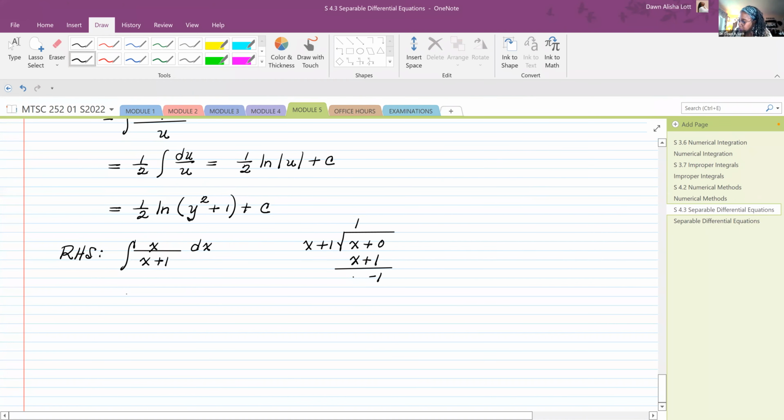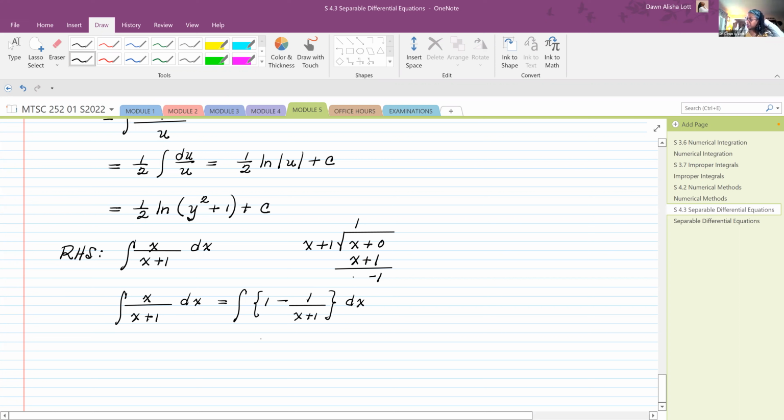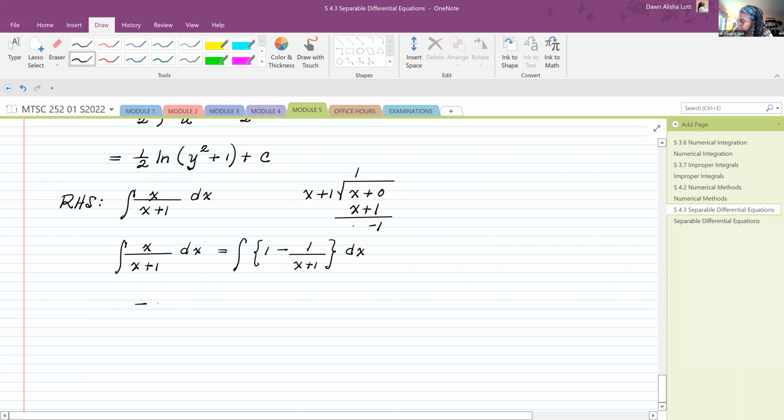So we find out that when we integrate x over x plus 1, that is the same as integrating 1 minus a remainder of 1 over x plus 1. Okay, so that's what we get. And when you integrate that, we get x minus the natural log of the absolute value of x plus 1